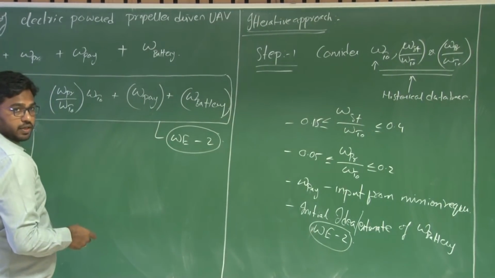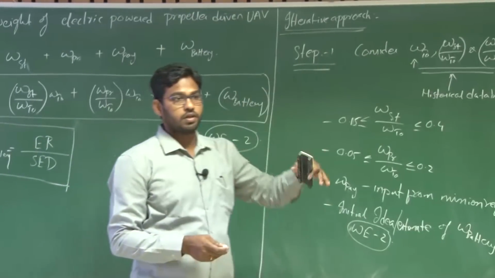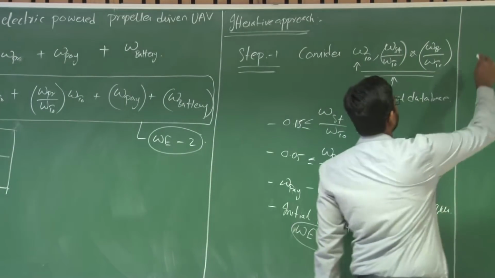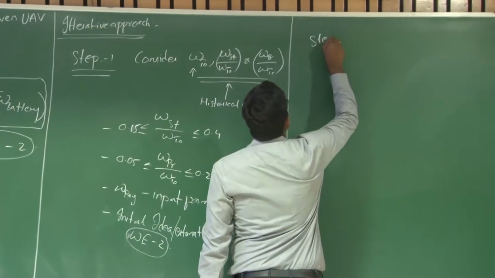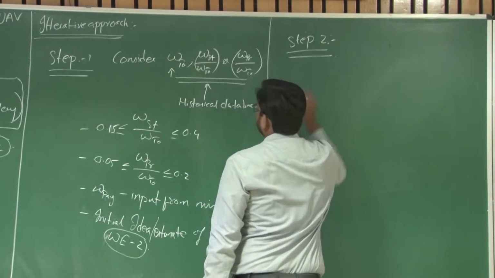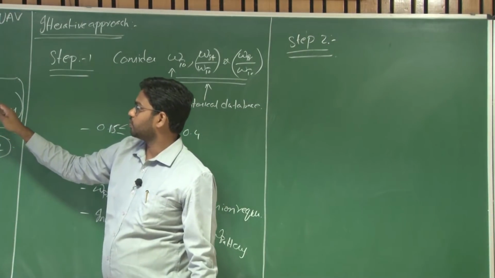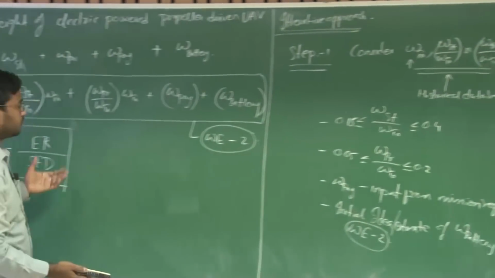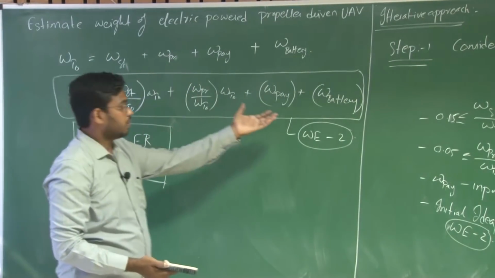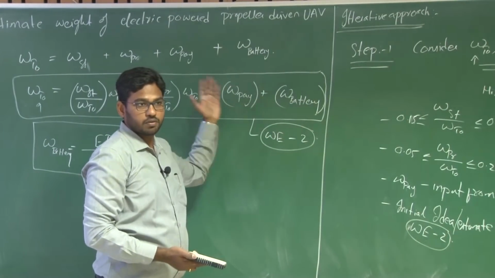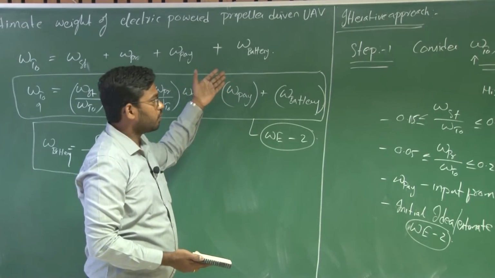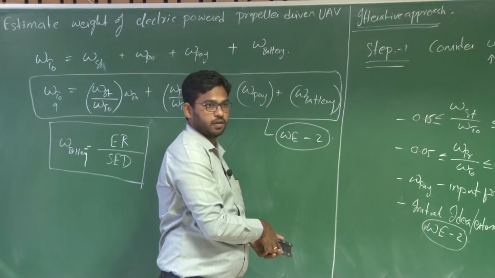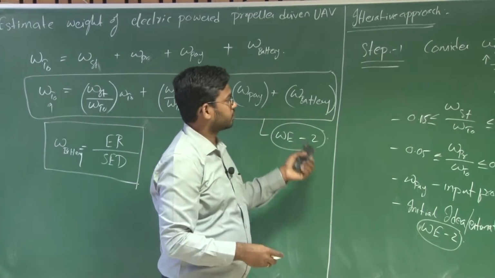So with this takeoff weight, let us say, you are going to perform a mission that is of the current requirement with the new mission requirements. So this weight of the battery that you are estimating from here, right, is from the previous UAV data. Then ultimately you will end up getting the weight of the battery for the previous UAV, right? But now we want to figure out what should be the weight of the battery for this particular mission requirement, right? So how to do that?